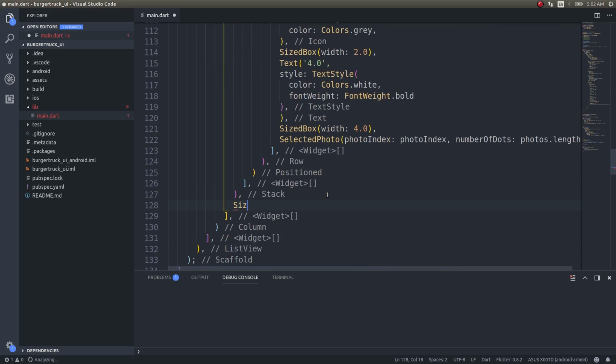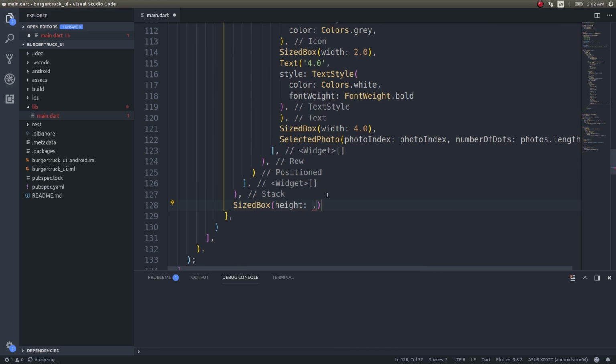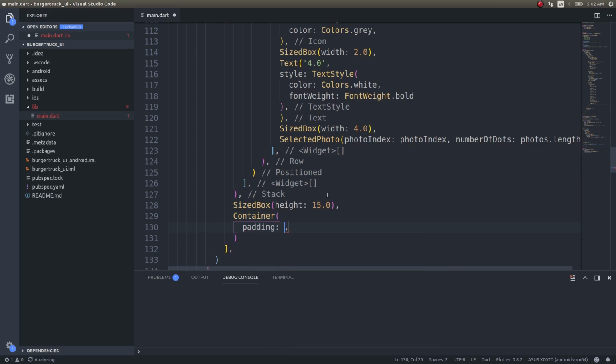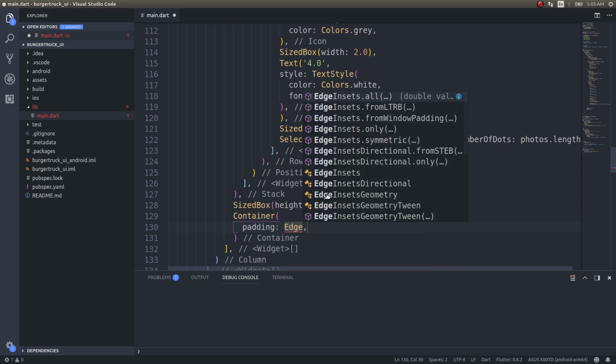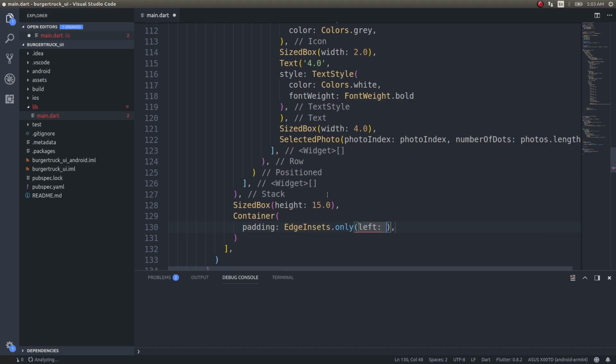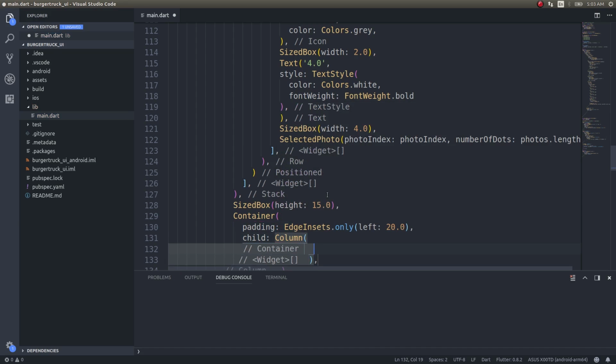SizedBox, height 15.0, and Container, padding EdgeInsets.only left 2.2. We'll have some padding to the left, and child once again Column, crossAxisAlignment